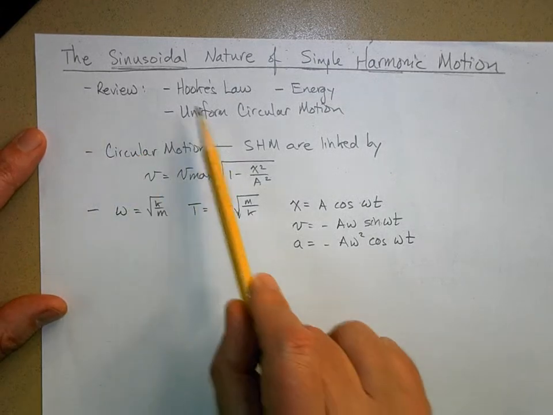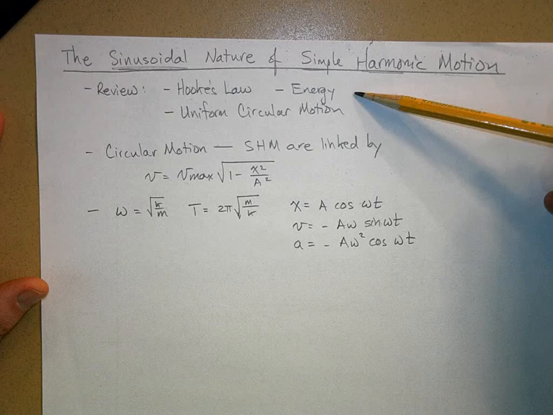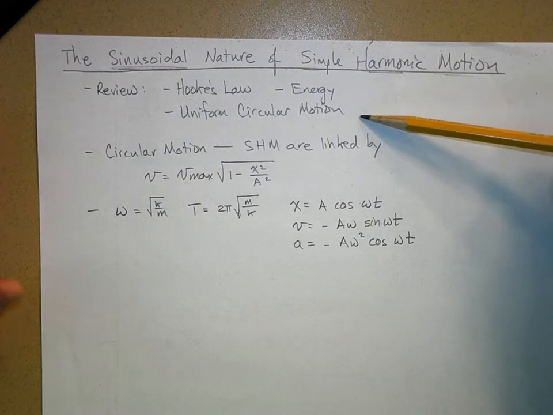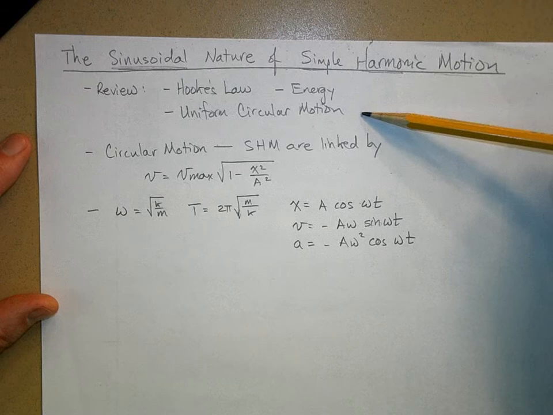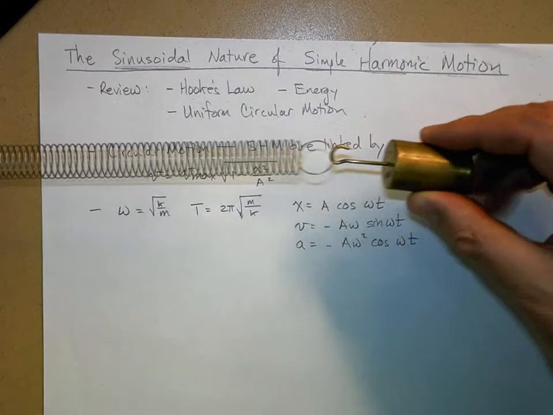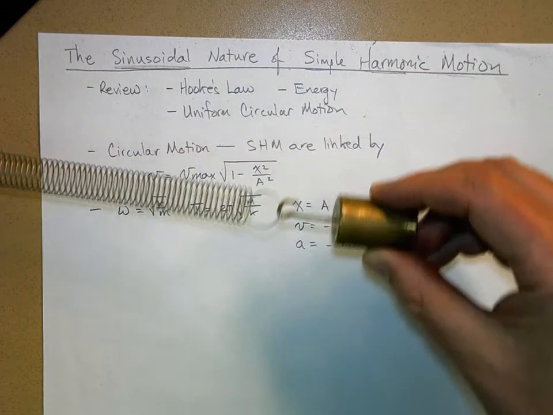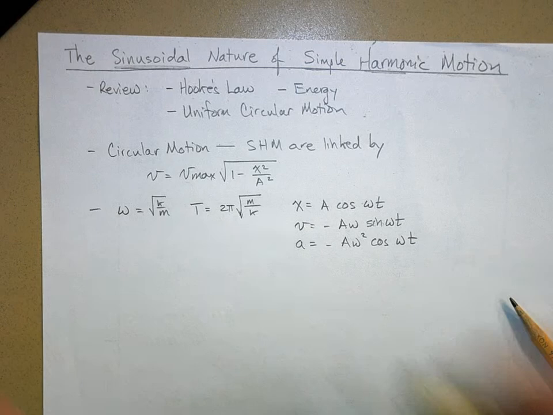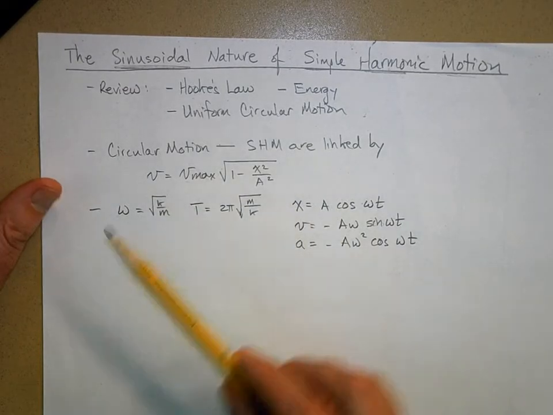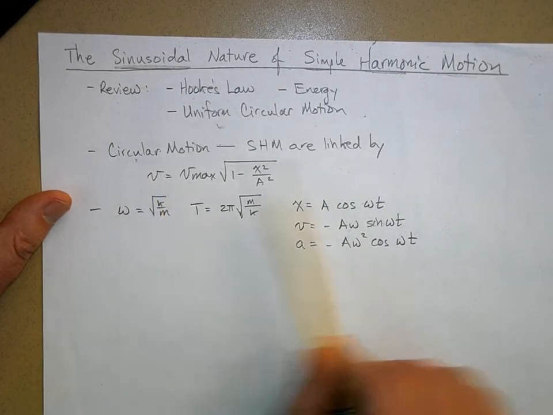Now, we're going to talk about Hooke's law. We're going to talk about the energy in a mass spring simple harmonic oscillator, and then we're going to compare that to uniform circular motion. And we're going to see that if you have a spring and a mass, and this spring is making this thing oscillate back and forth, this kind of motion is mathematically linked to uniform circular motion. We're going to review these ideas first,